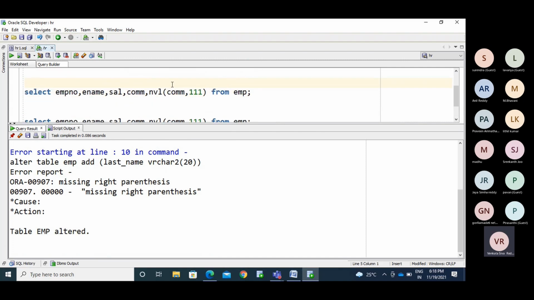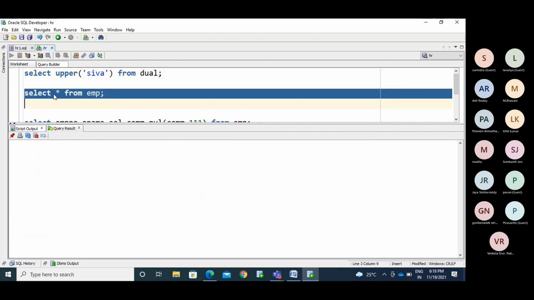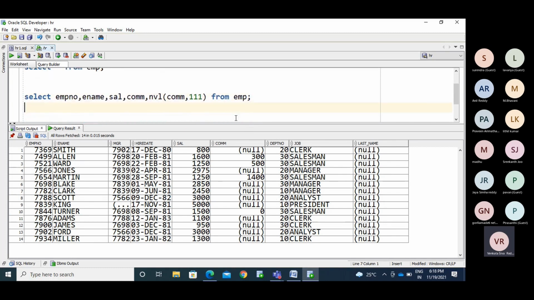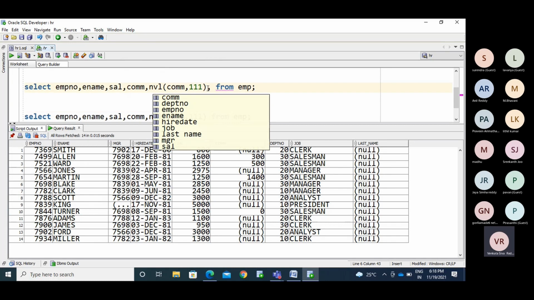See what columns we have in this. Now we have the last name column here. You don't have any value here. So now I want to replace it with no last name.